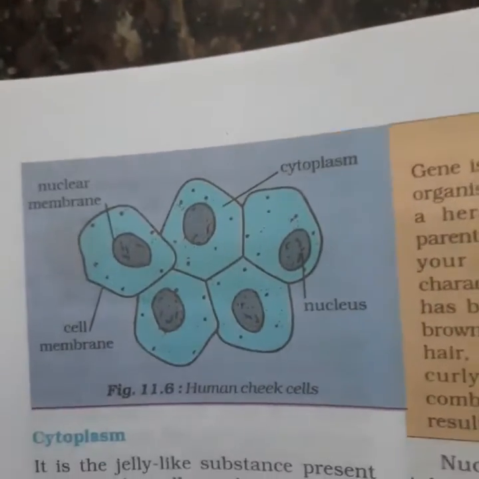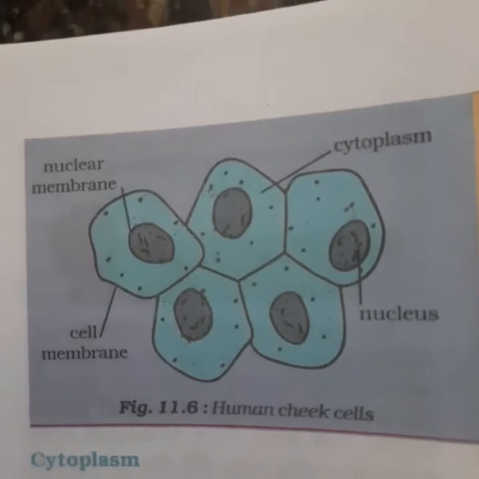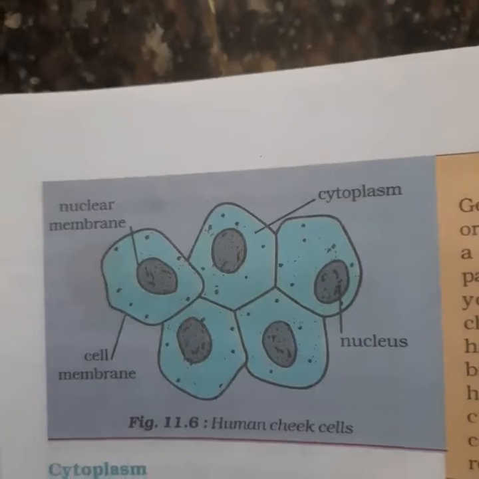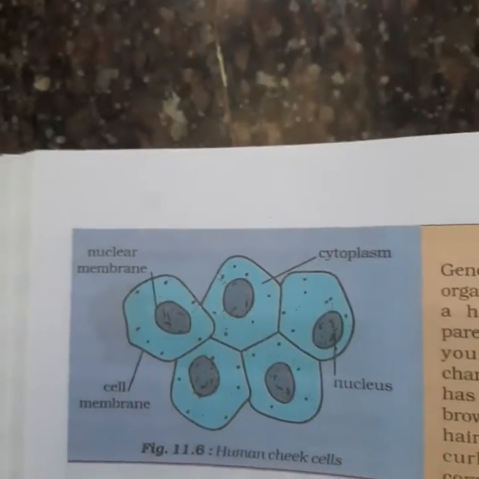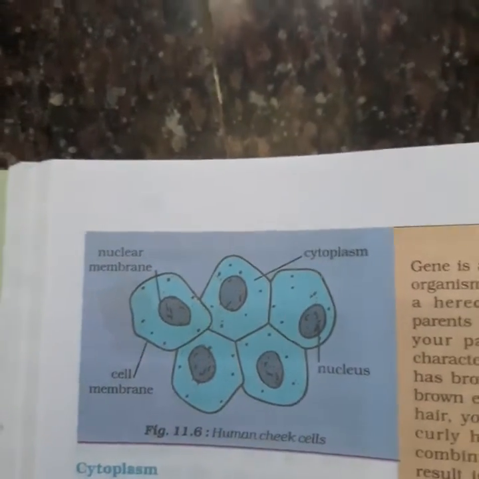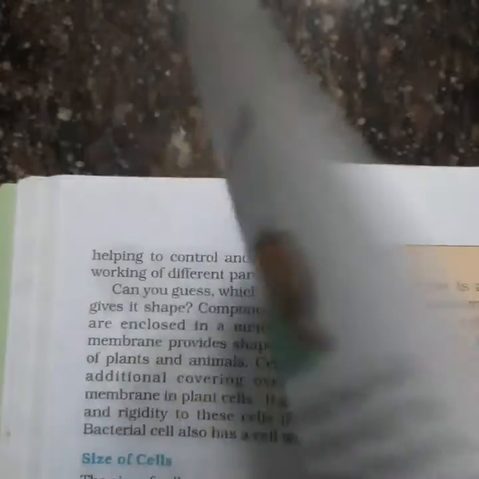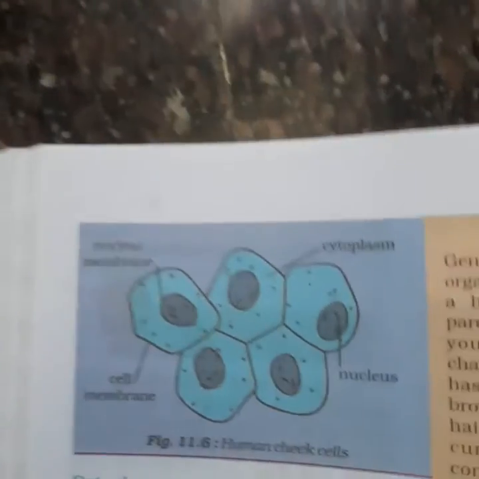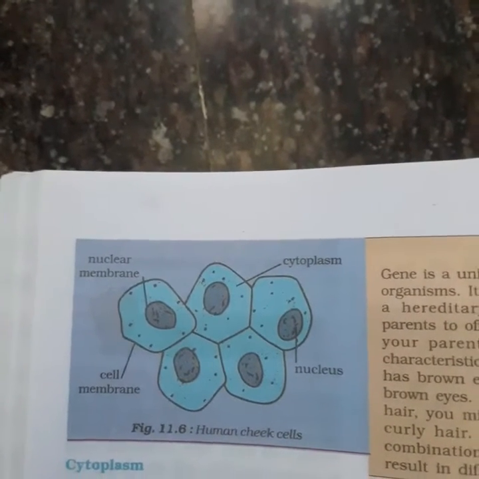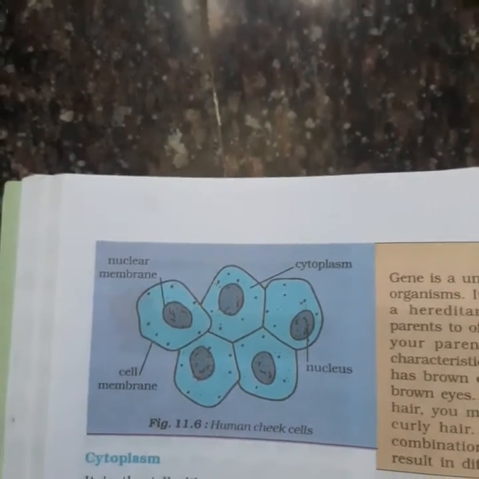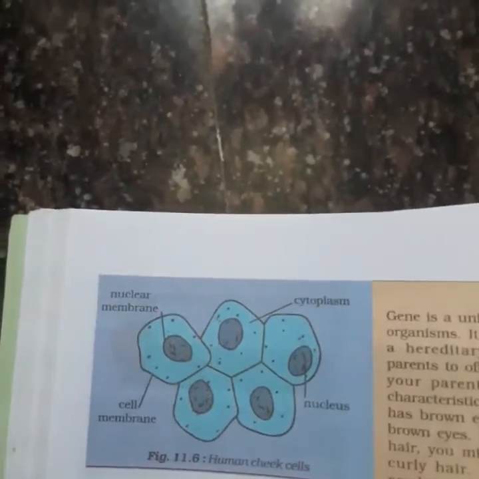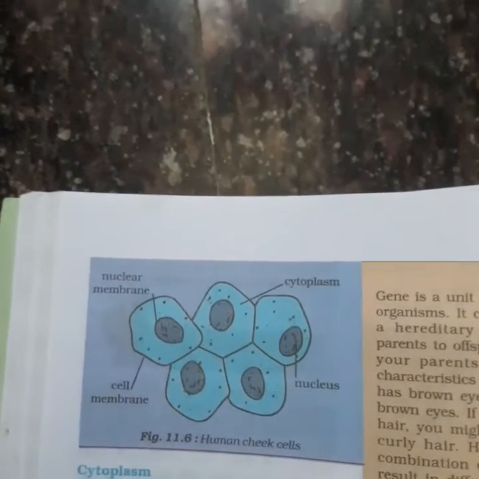And in the cheek cells, you can see these are the cheek cells which are present in human. So vacuoles are smaller in them. So we can say that large vacuoles are present in plant cells. Yes. So this onion cell was the plant cell. So large vacuoles are present in plant cells and smaller vacuoles are present in the animal cells. So vacuoles in animals are much smaller than the plants' vacuoles.